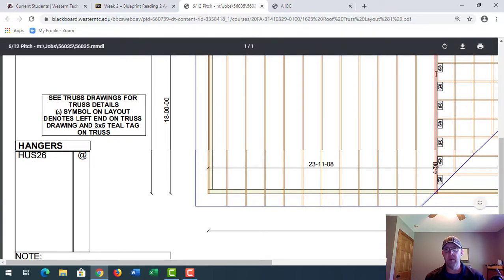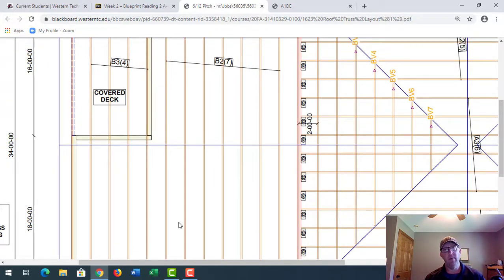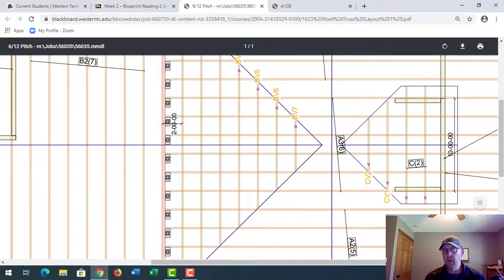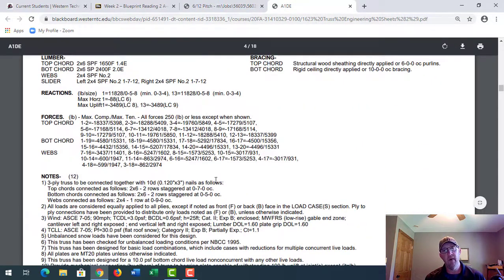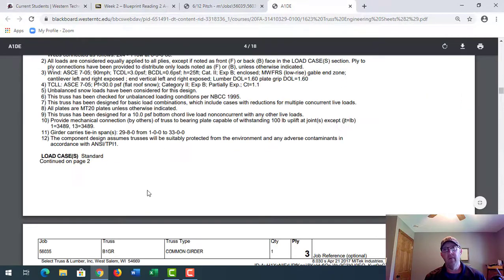The hangers are only going to be required on this particular girder truss. The rest of them do not require hangers because we're going to be nailing them directly into the outside wall, okay? So that's pretty simple to understand. So all of the trusses then, including this girder truss and all other trusses, are going to be